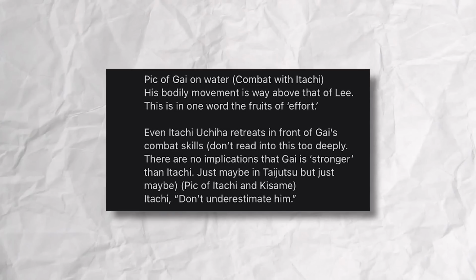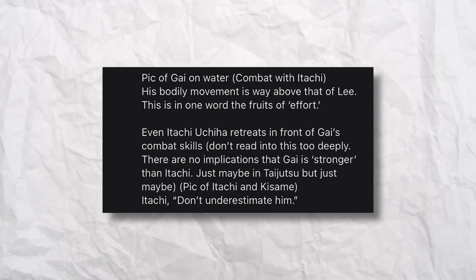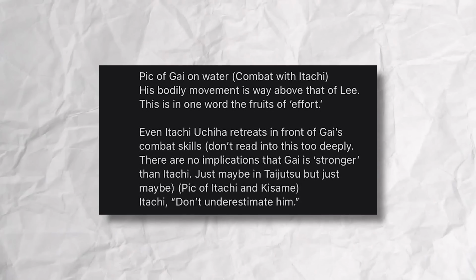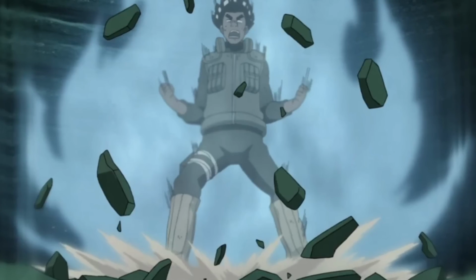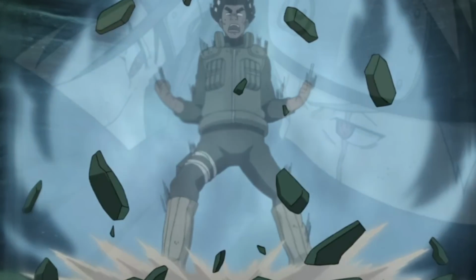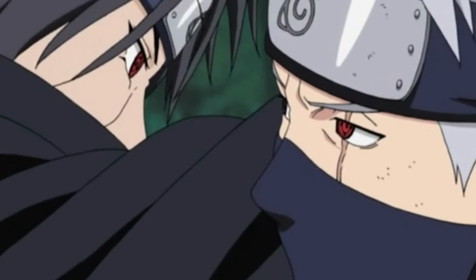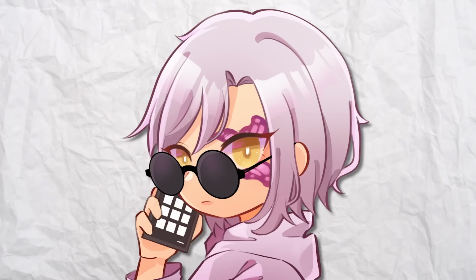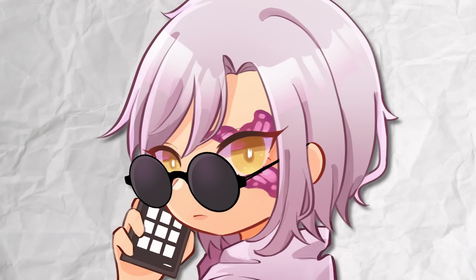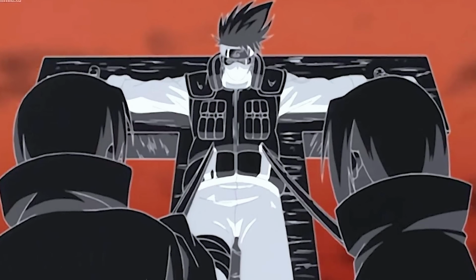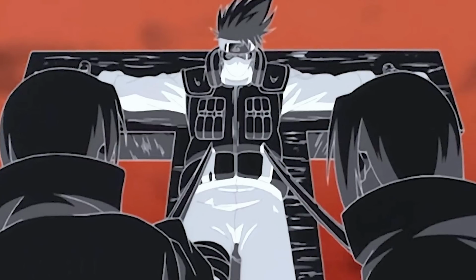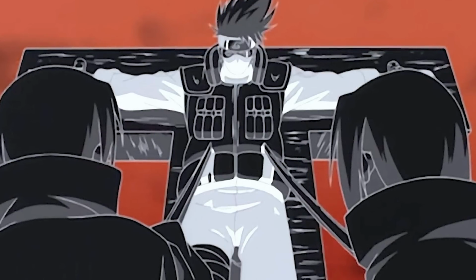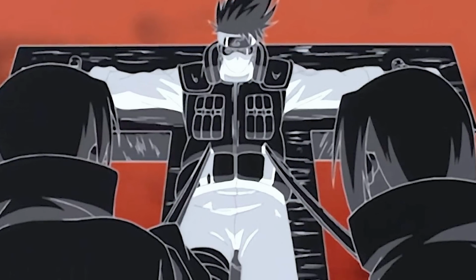And it's also stated that even Itachi retreats in front of Guy's combat skill in the data book, which if you take at complete face value, you just know Guy would absolutely dominate Kakashi the same way Itachi did. Or you could go with a more honest interpretation that Itachi is just extremely tired post using Tsukuyomi, which is actually stated later on in the series, and use the fact that a Kakashi over Guy link has already been established to further support this interpretation.